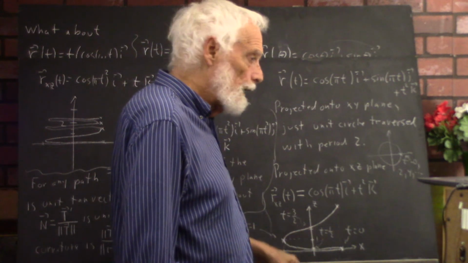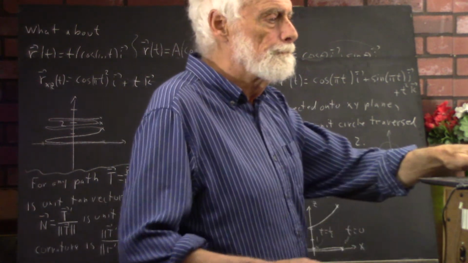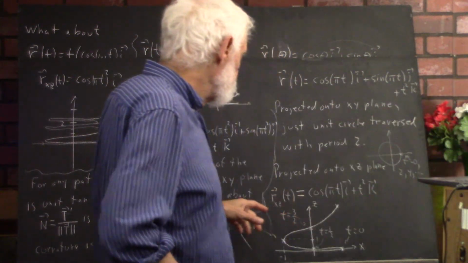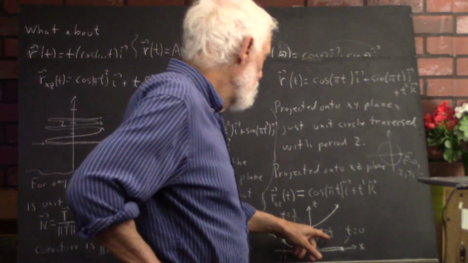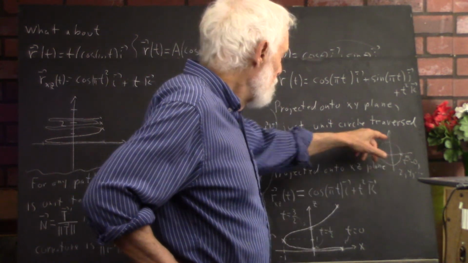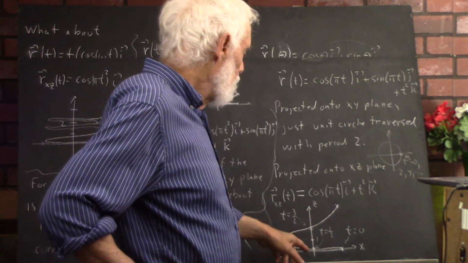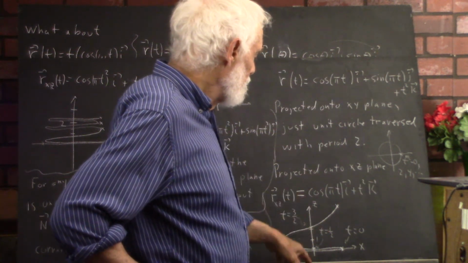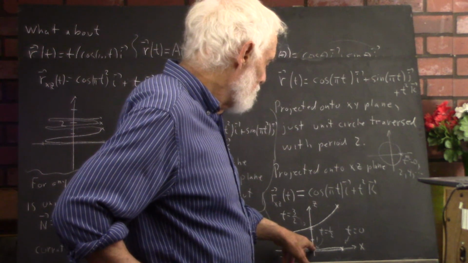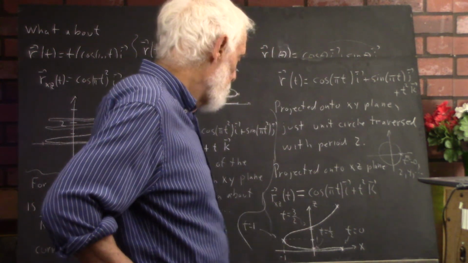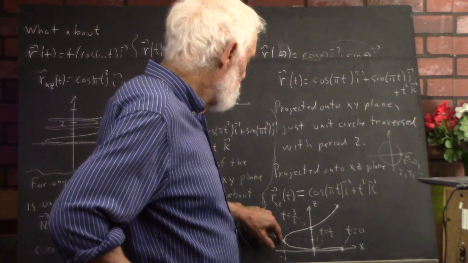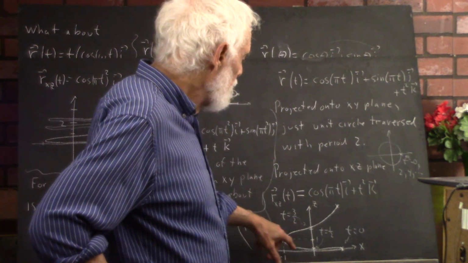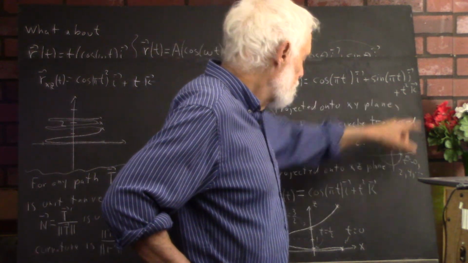Okay, at t equals 1/2, you've gone a quarter of the way around the circle, so you're now on the y-axis. Now if you're looking along the y-axis, that means it looks like you're just right in front of the z-axis at this point. Then when t equals 1, you're at this point. Now what are the z-coordinates of these points? When t equals 1/2, t squared is 1/4, so you're up